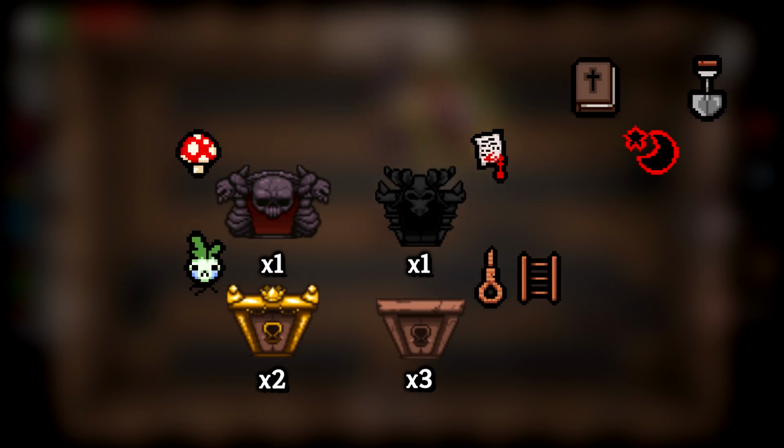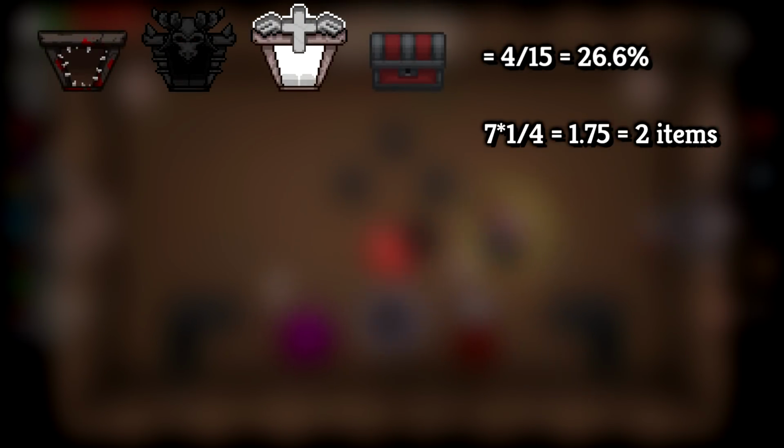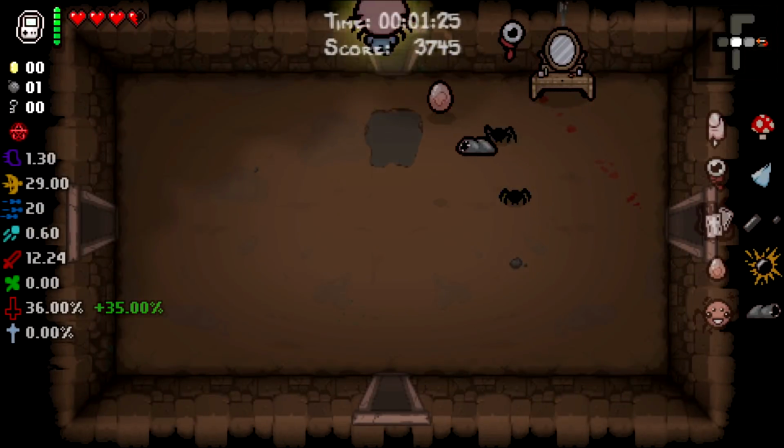Now taking Chaos, you only see approximately 7 items, and 1/4 of them are going to be from the pools you want. This gives you approximately 2 items from those pools. In this case, picking up Chaos is not going to as positively affect your run as it would have in the very beginning. It is also important to note that you will have other items on the run after Mom,